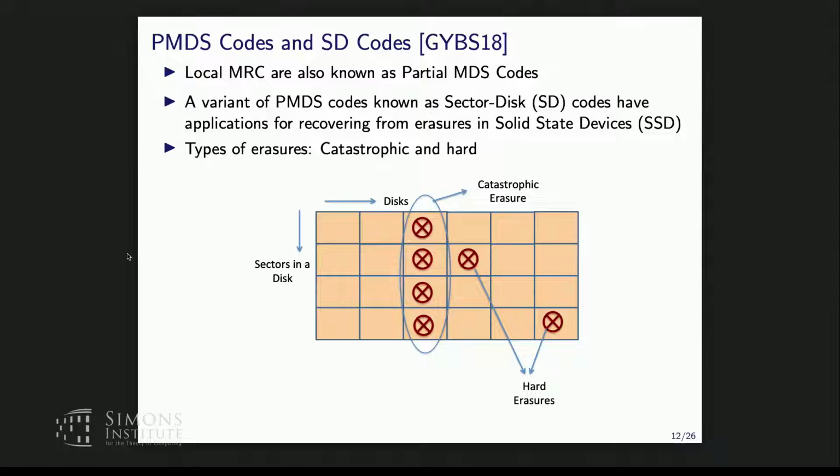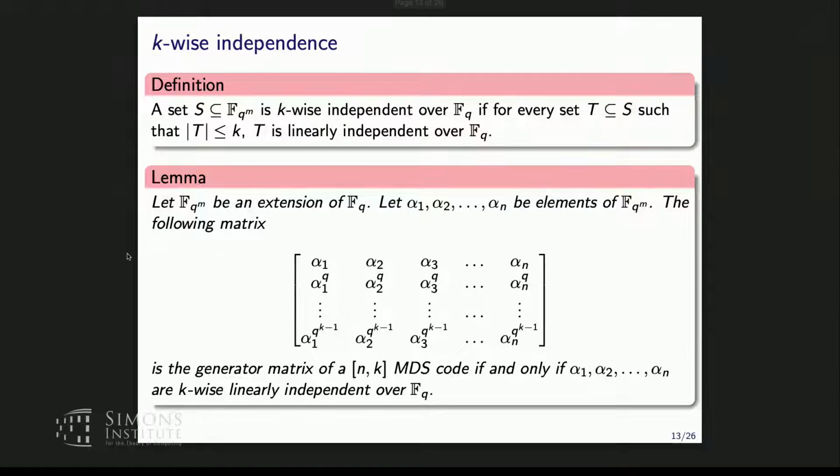MRCs, if you see, are applicable for any topology also. But the way partial MDS codes are defined, I think they have not defined it such that they allow for any topology. So there is one difference between the two. So to construct, let's say, an MRC, I think the first constructions again came by